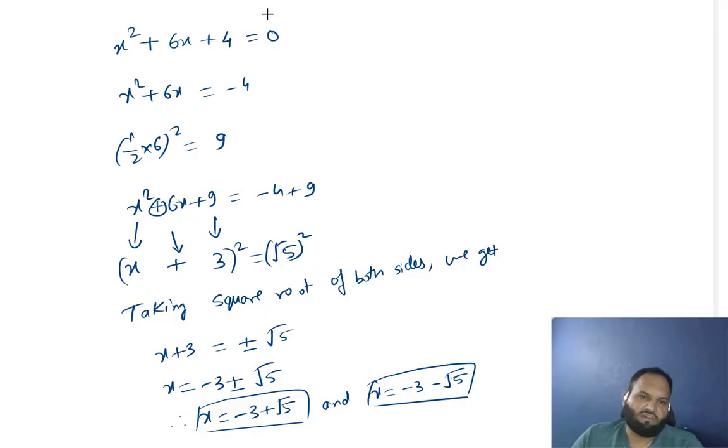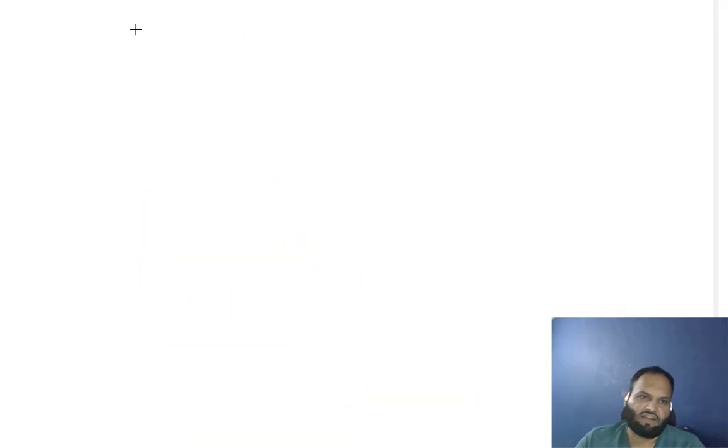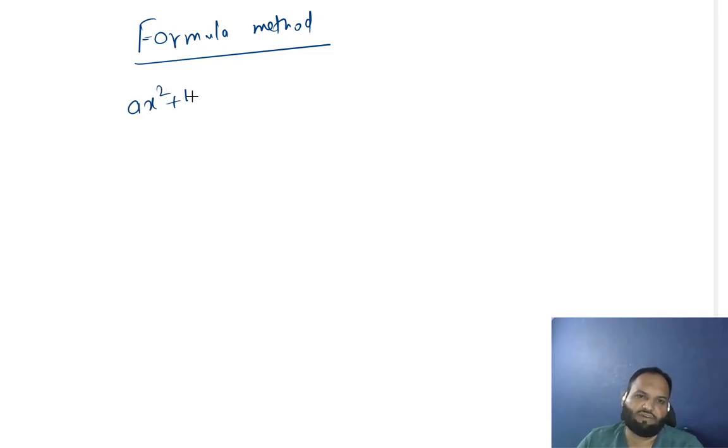That is one method. Now as you can see, this is a very long and tiring process. So this process was simplified by a scientist, and that is called the formula method. Now we have to just see, for example, if there is a quadratic equation ax square plus bx plus c equal to 0, and we need to complete the square for it.